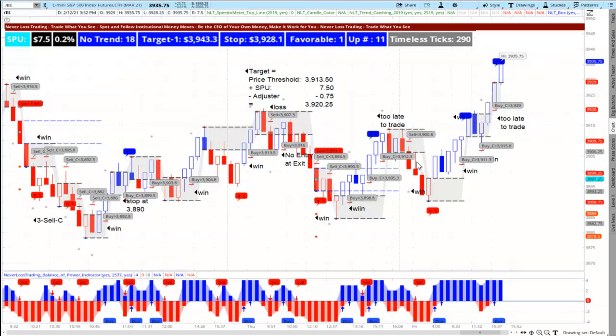The timeless tick, what we set the charts on, is based on a calculator or an algorithm that you only have if you subscribe to the system, and therefore it changes over time. So it's not always the same.